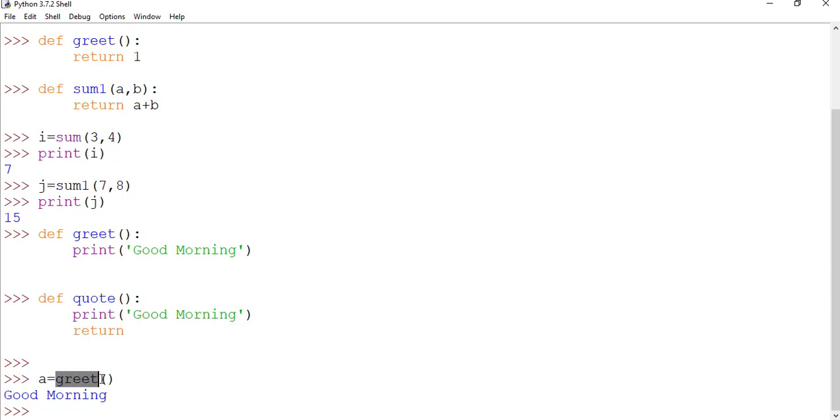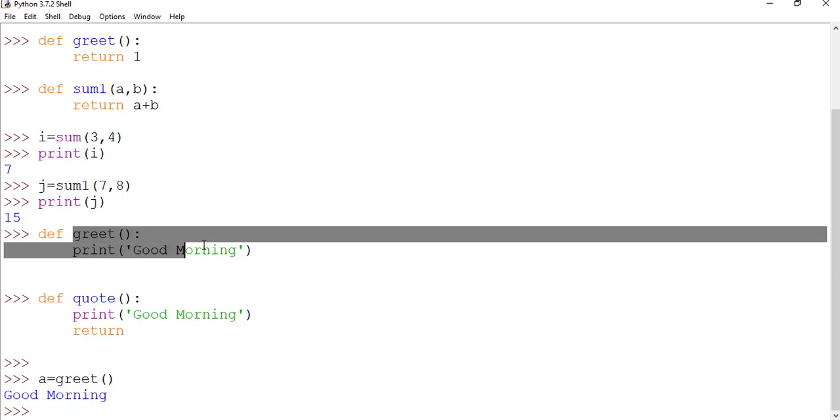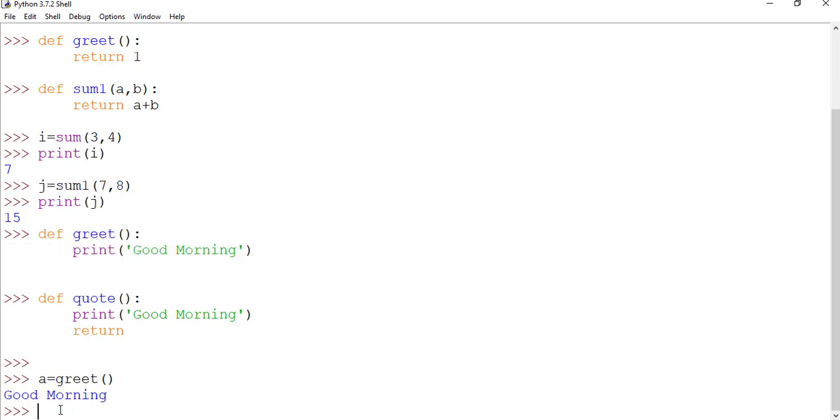What we have discussed is that whenever we call a function, the function call statement gets replaced with the value returned by that function. And what we have discussed just now, what do void functions return? They return the None value. So how can we see whether they are returning a None value or not?